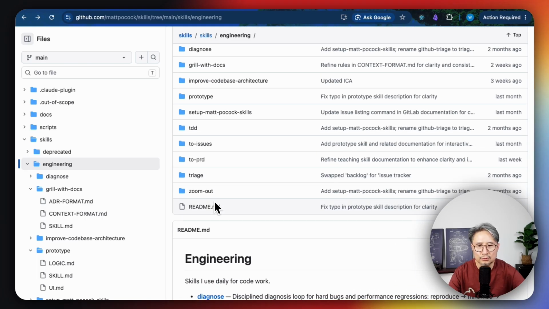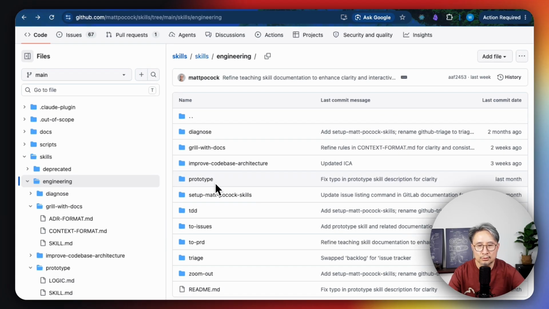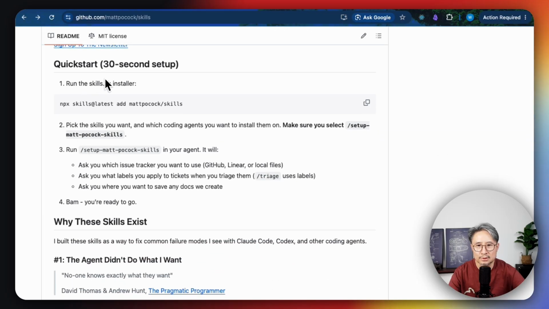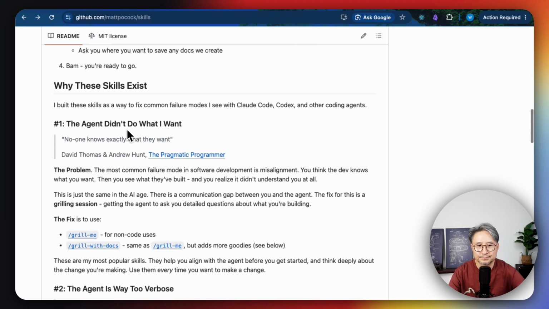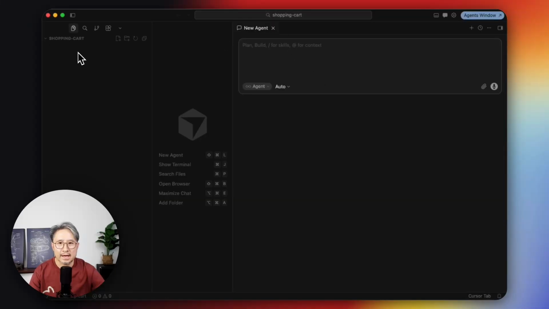I'm going to test it in an actual project in Cursor, because for this project Matt provides a way to easily install by npx into your Claude Code environment. So I will show you a way that is more general to most of the AI coding tools you might use every day. Here is the empty project for the shopping cart.